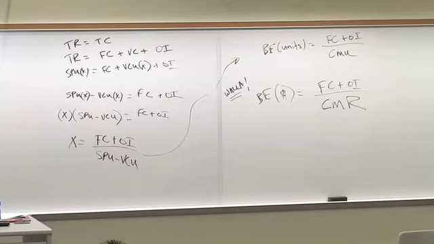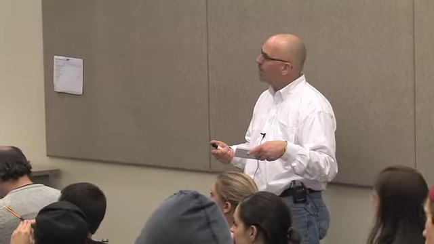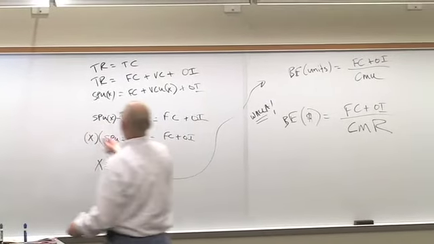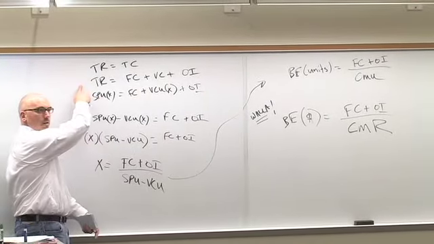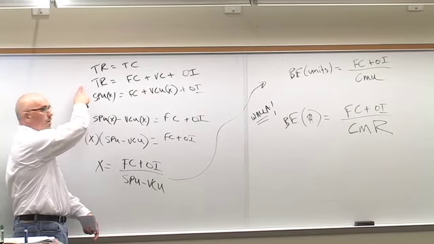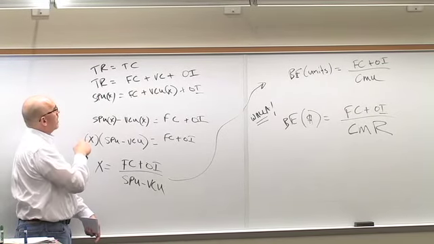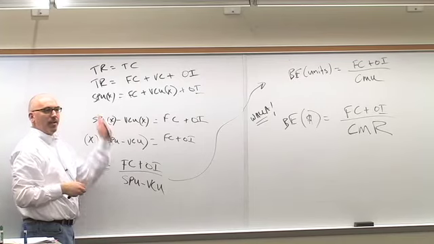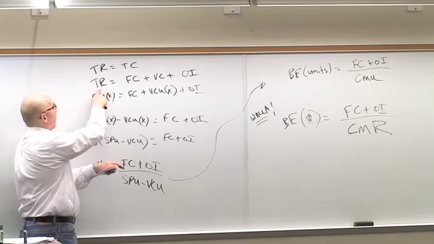Yes sir. I don't understand, going back to the equation here on the top left, total revenue equals fixed cost, variable cost plus OI. What's OI stand for? Is that your question? No, I don't understand how you get your total revenue by adding up your fixed cost. Well, this is just an income statement written out horizontally. You subtract your expenses? Yeah, but mathematically this will still be true. Total revenue minus